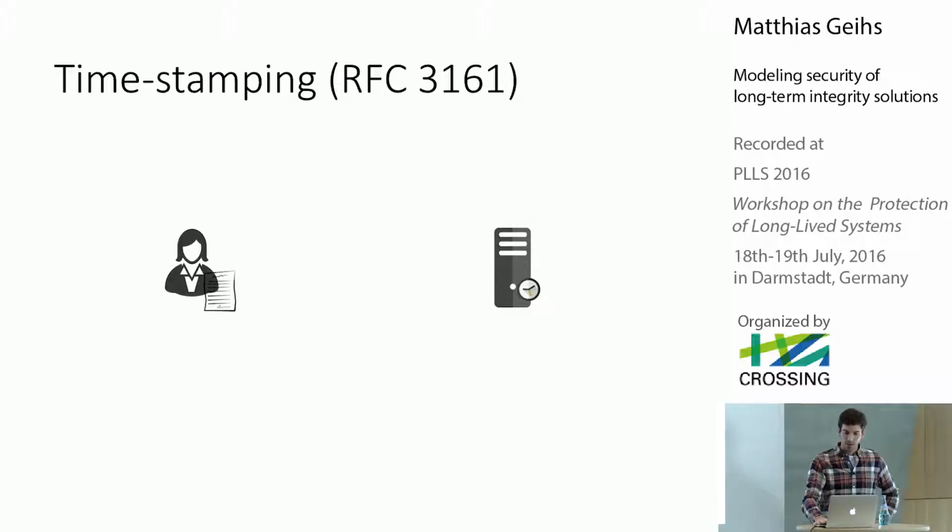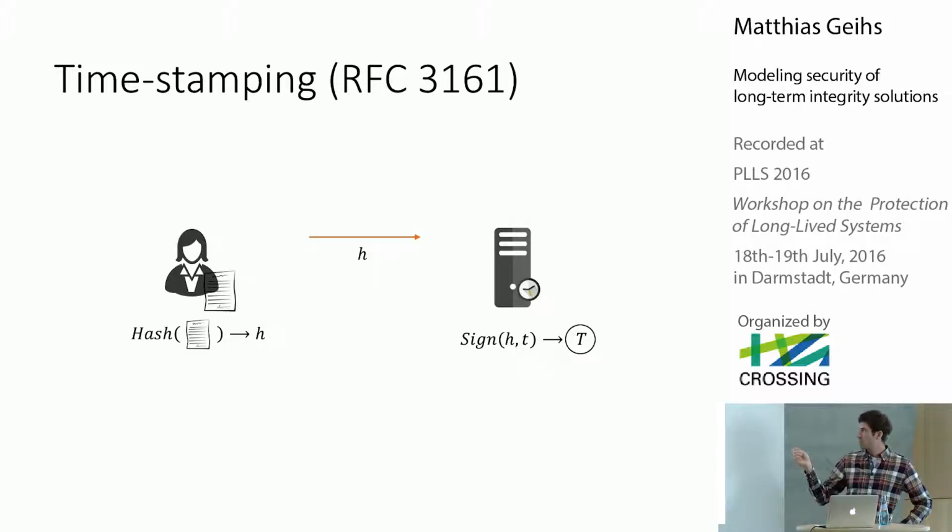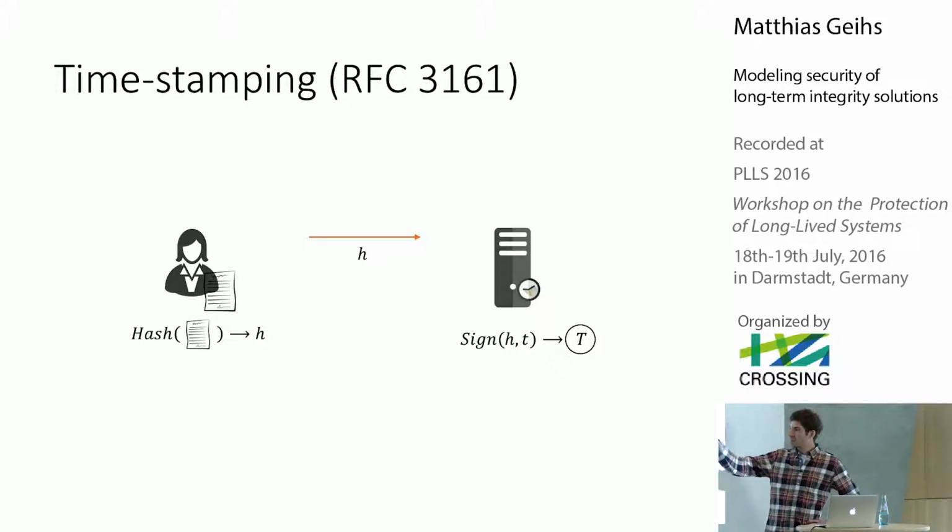He hashes the document and sends the hash value to the timestamp authority. The timestamp authority signs the hash with the current time, so it is trusted to always put the correct time in the timestamps. Then the timestamp is generated. It is basically a signature on this data, and it is sent back to the user. So that is the fundamental way to create a proof of existence for this document, a proof of integrity with respect to the time of archival T.